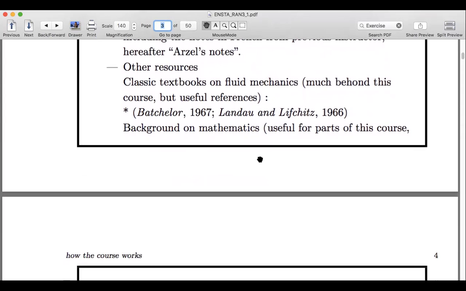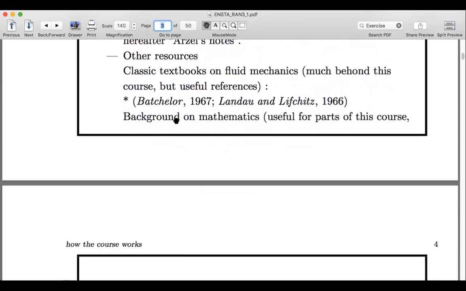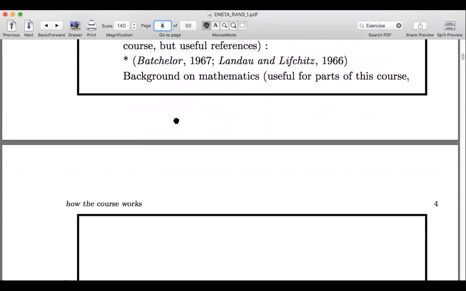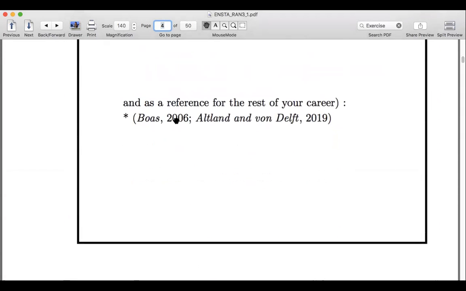There are many good books on fluid mechanics, but my favorite is this one from Batchelor. And I also recommend,